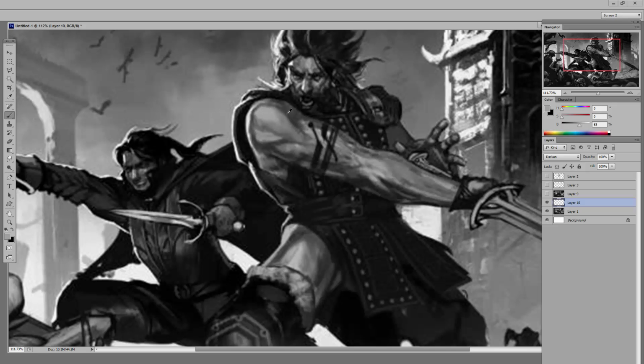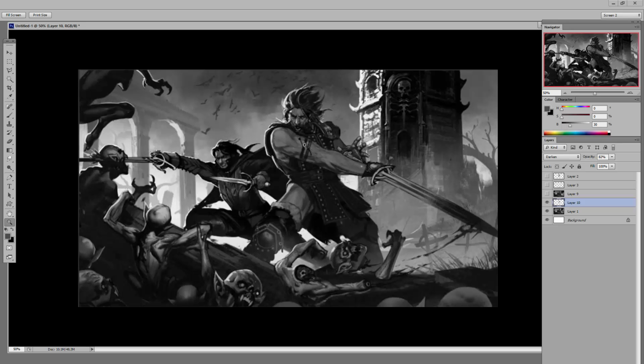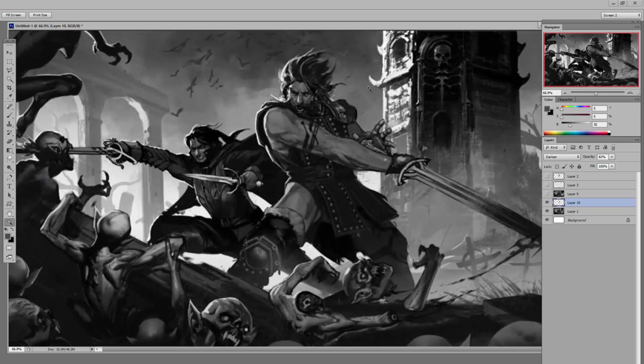So I would establish a cap, like 30% value for anything that isn't rim light, so that we group that together, or maybe make it a bit brighter. Basically, it's to simplify the value structure, because it's competing elsewhere. The simpler the value grouping is, the more obvious the focal point will be.